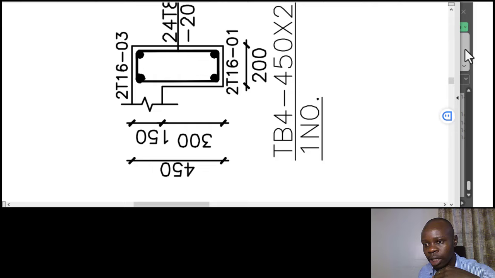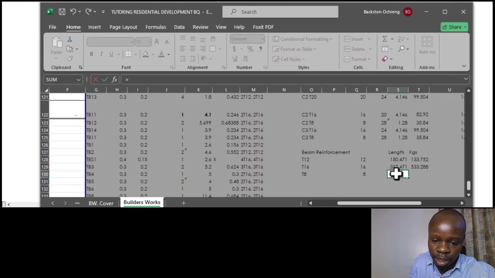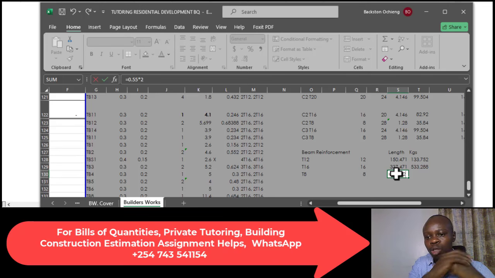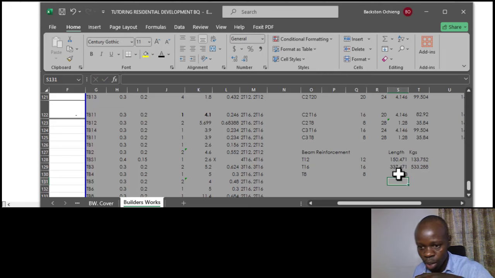So we'll take 550, that is now the length, is equals to 0.55, then we'll multiply that by 2 for the total length, and then we'll add the hooks. Hooks, in this case the beams are quite bigger, so we'll allow hooks of 100 millimeters times 2. Okay, in that case, so we have length of one link is 1.3 meters,